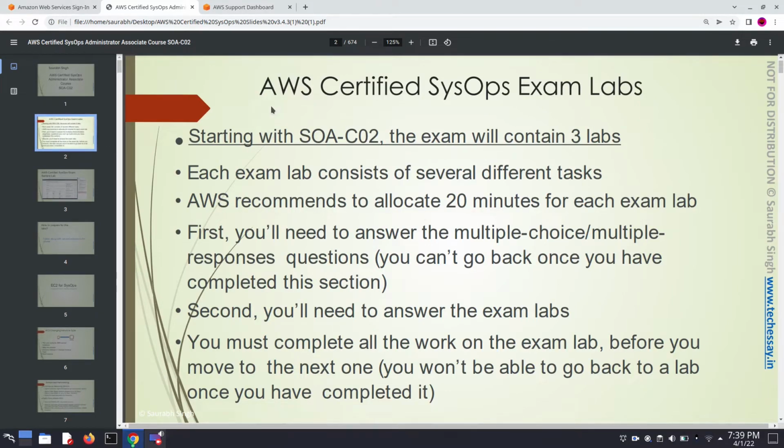So here some clue is given about AWS Certified SysOps exam labs. If you give the AWS Solution Architect Associate exam, then there are no lab questions. But when you take the SysOps Associate certification, you have to face 3 exam lab questions of AWS. Each exam lab consists of several different tasks, and AWS recommends to allocate 20 minutes for